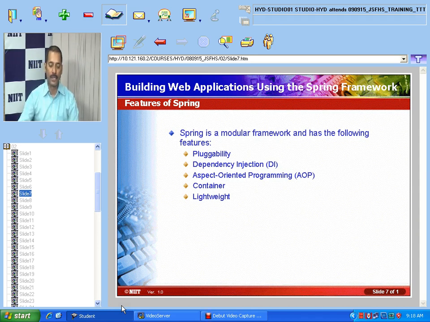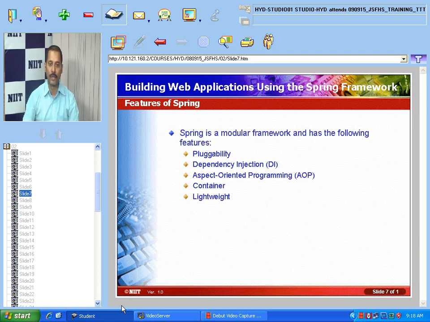Now the next thing we are going to discuss is the various components within the MVC architecture in Spring. When we talk about the Spring framework architecture, there are 7 different components.